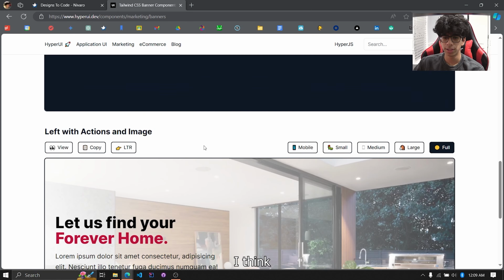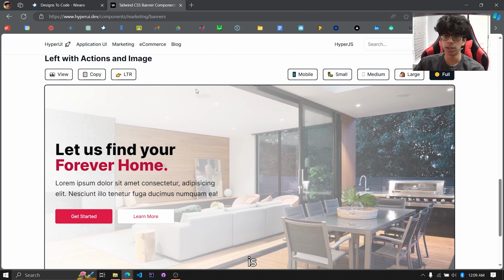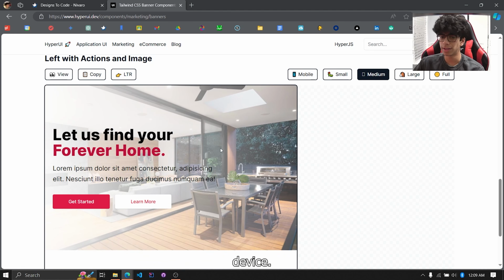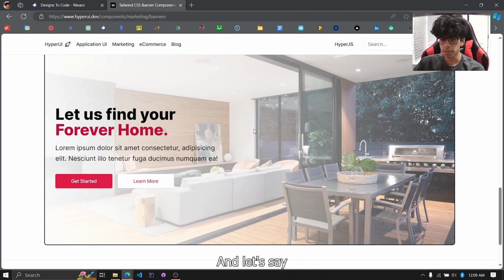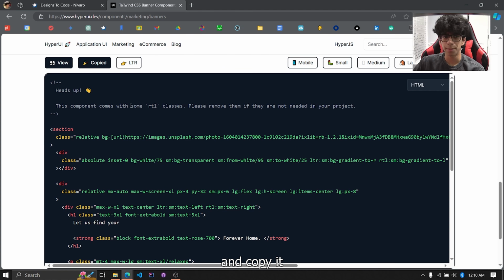Me personally, I think this one looks the best. And what you can do is look at it in its different states. For a mobile device, this will automatically shrink to this. On, let's say, a medium device, it'll be a little bit compressed, but it still looks good on different resolutions. And let's say we want to add this to our website. This is an open source platform, so we can just view the code and copy it and make it our